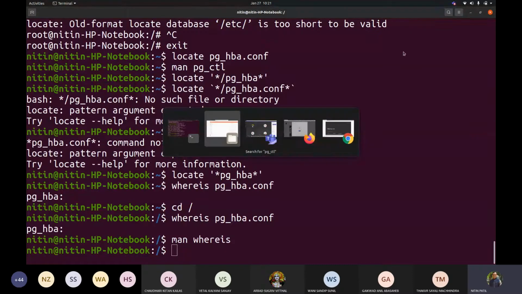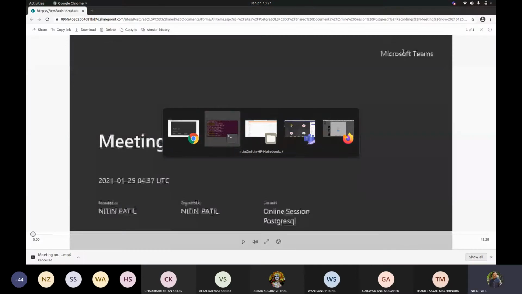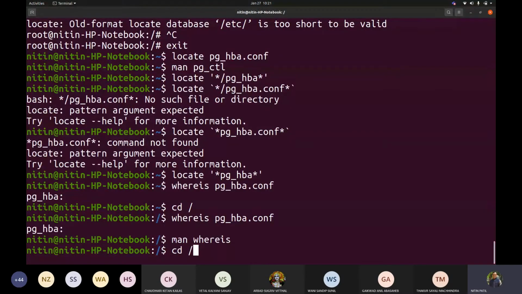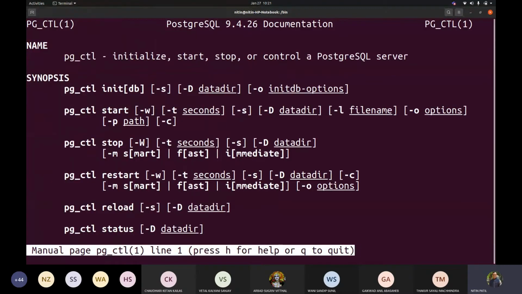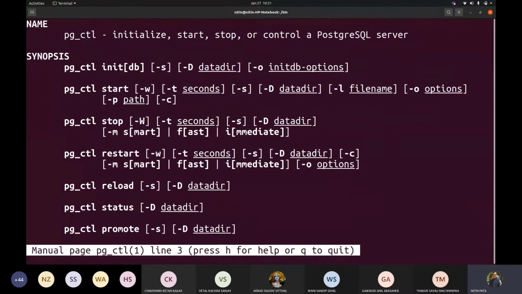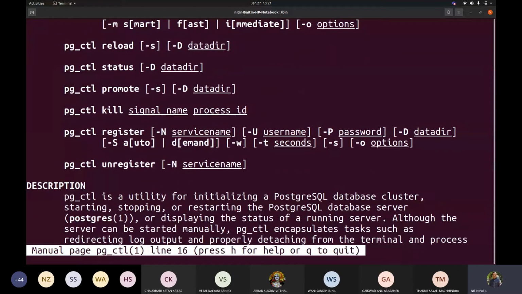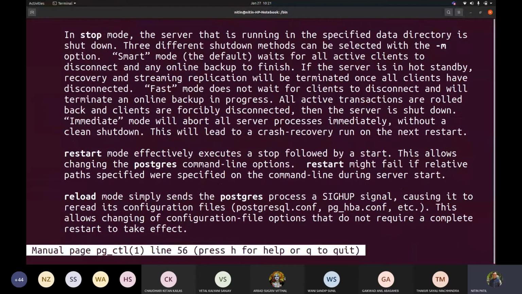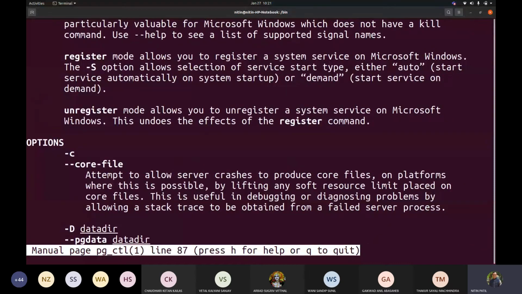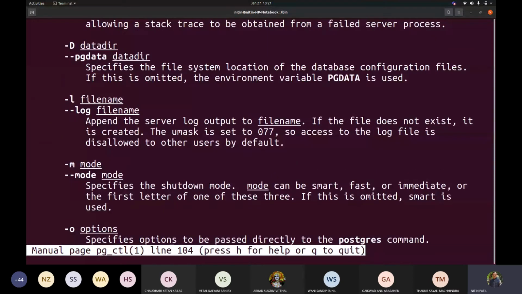But now if I go to that, let me go to that bin. cd /bin, then if I go with pg_ctl, you specify what the options are, because I don't want to work with anything but the default things. So how exactly will I start my server? It is given in this documentation as well, as well as the documentation that you must have seen with respect to the file.